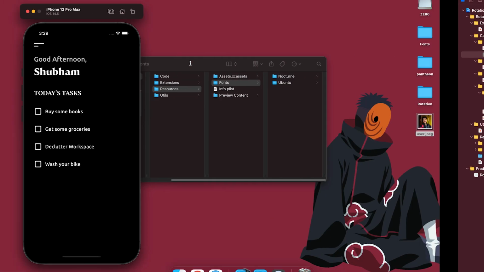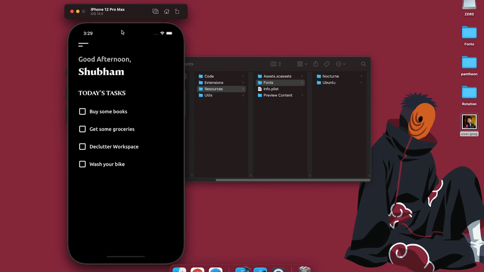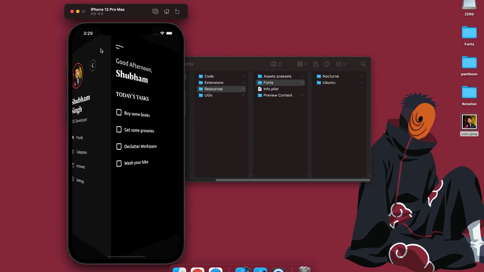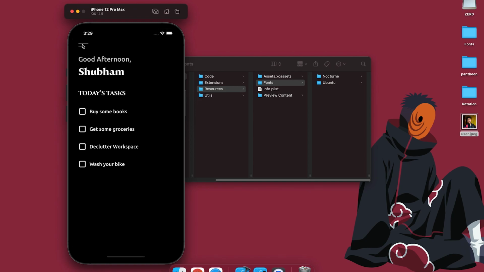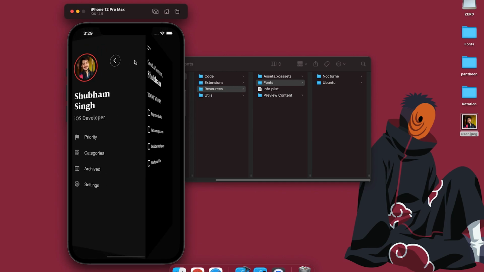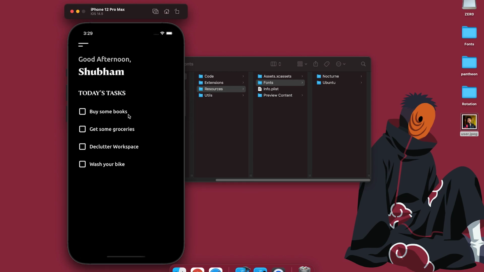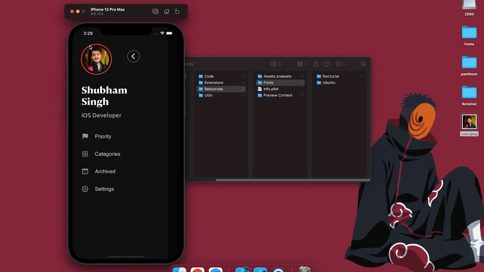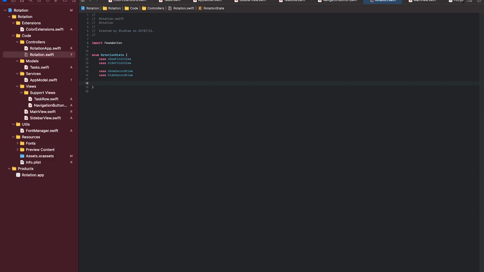So let's see what all values do we need to handle for the rotations. First of all, we need rotation degrees. Yes, we need to rotate the views 90 degrees. And since we are rotating the views vertically, we also need to specify the y-axis, and we also need to specify the anchor point for the rotation. The rotation occurs with respect to the anchor point. The default is center, and lastly we need an offset value to move the other view away. So that brings the required value count to 4. Let us create a variable named rotation values, and we'll have it return a tuple with the 4 values for each state.